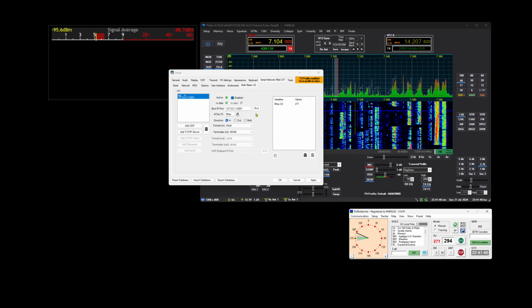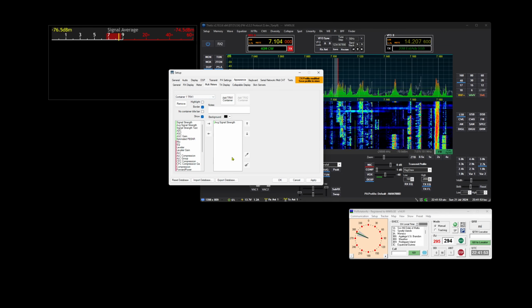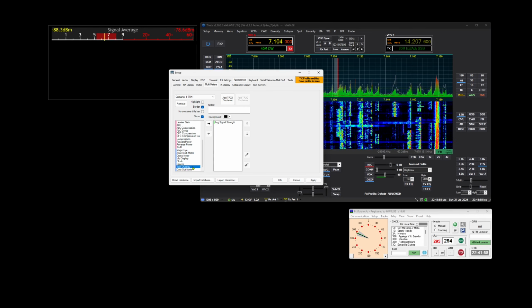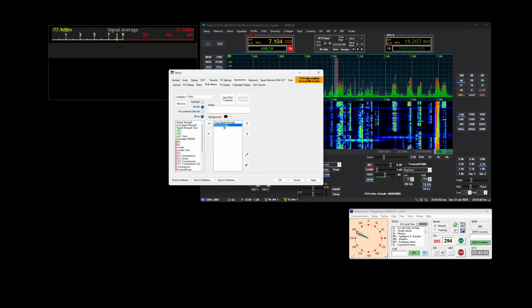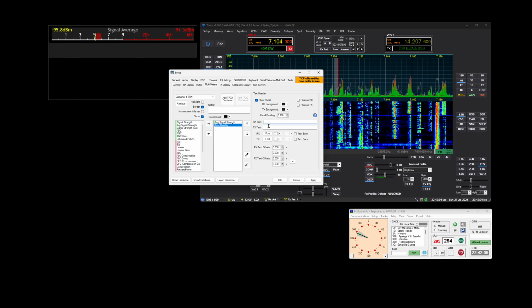So what we can do with this, when we create one of these, we get a unique 4-character ID for it, and we can copy it into the clipboard by clicking on this. And what we can do then is go to Appearance, Multimeter. We can add one of these text overlays that we looked at in the last video. So if we add a text overlay, we can type some stuff in here. Hello, that type of thing. But what we can put is rotator